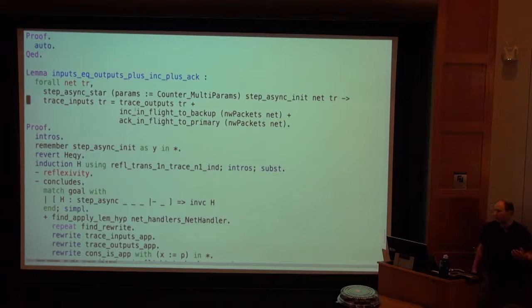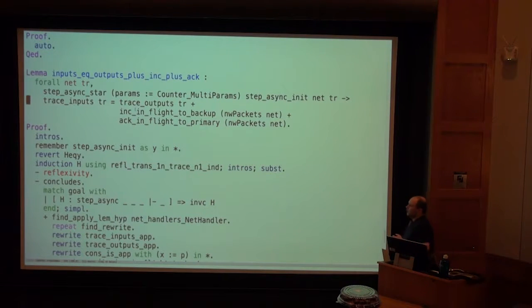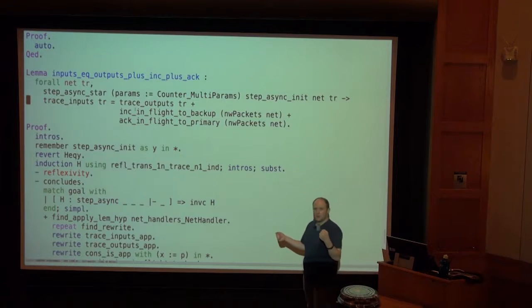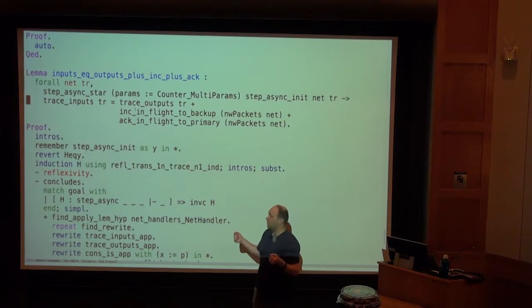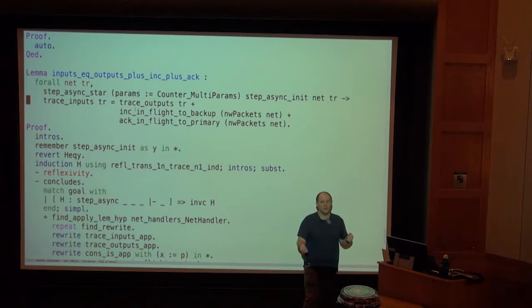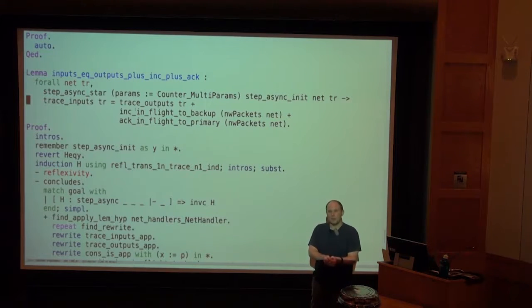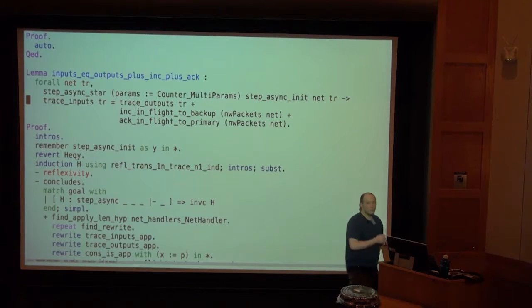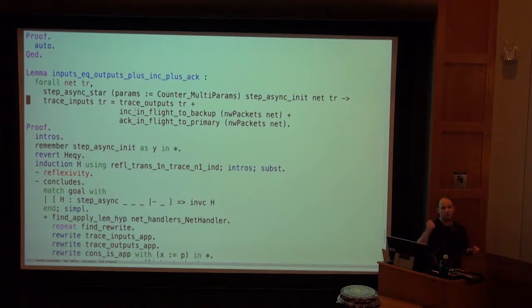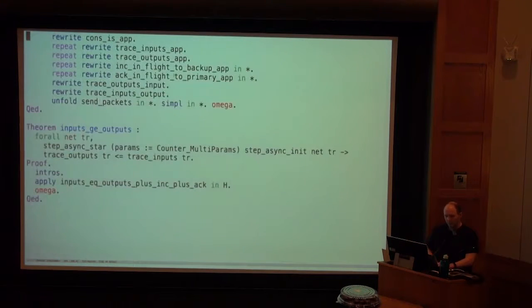Which is that the difference between the state of the primary and the backup exactly corresponds to the number of messages in flight. So the degree to which the backup is behind the primary is equal to the number of increment messages from the primary that are still waiting in the network to be delivered. And then once we have that, we can prove the final